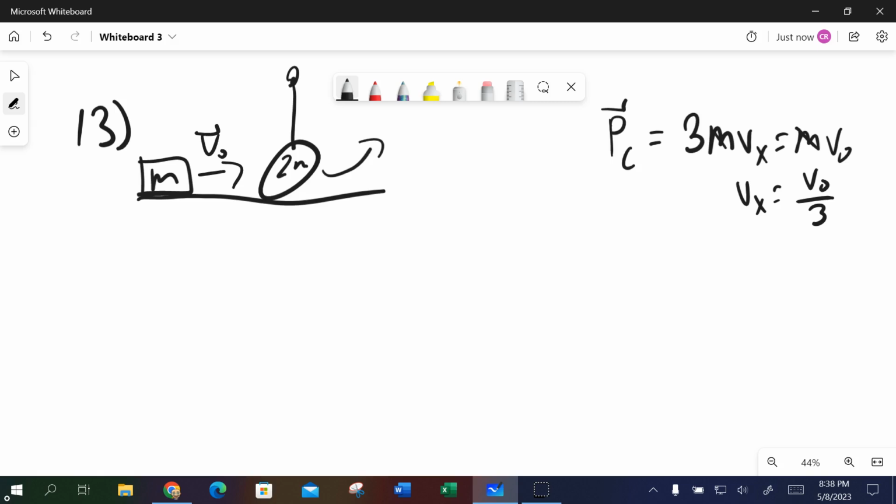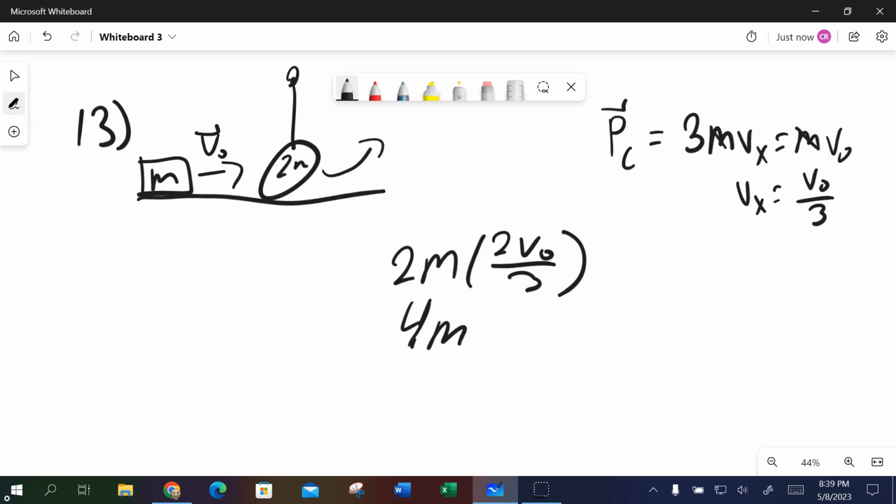So we know momentum is going to be 2m, and it gives us in the other part of the answers that the velocity is roughly 2v divided by 3. So we're going to get 4m divided by 3 v of 0. And well, we need the total momentum to be equal to m v of 0. So